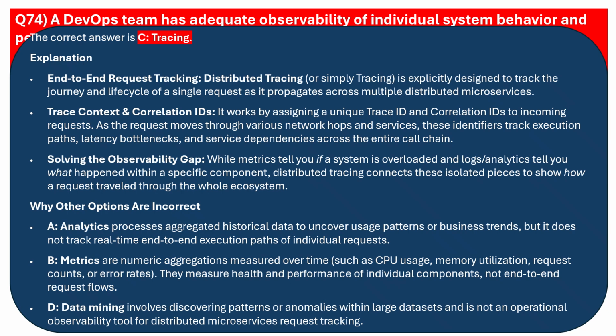While metrics tell you if a system is overloaded and logs/analytics tell you what happened within a specific component, distributed tracing connects these isolated pieces to show how requests travel through the whole ecosystem. Why other options are incorrect? A. Analytics processes aggregated historical data to uncover usage patterns or business trends, but does not track real-time end-to-end execution paths of individual requests. B. Metrics are numeric aggregations measured over time,